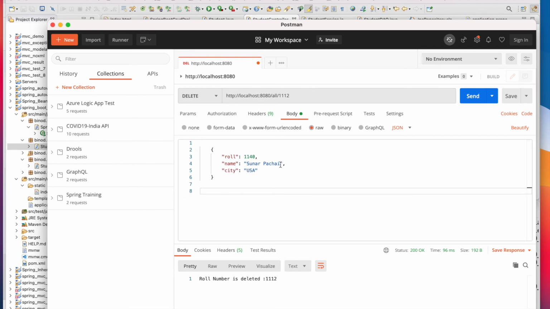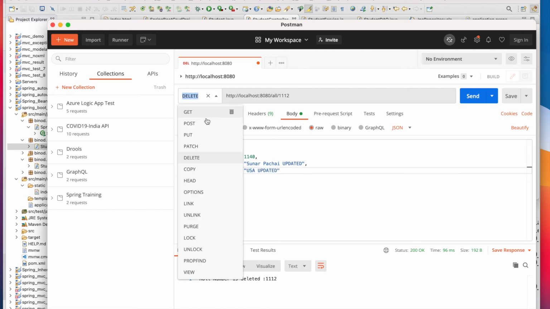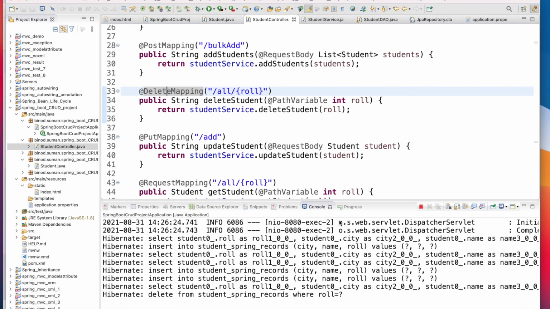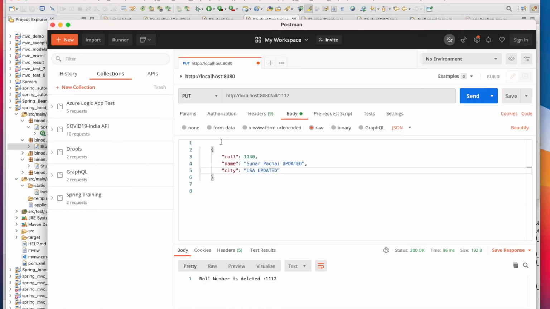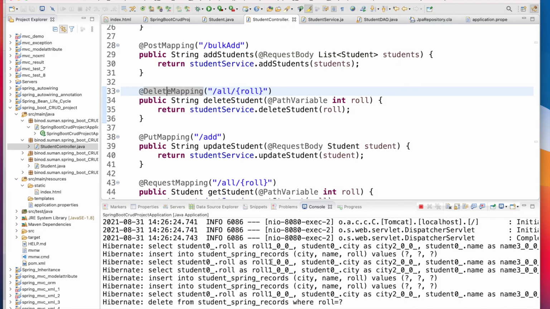I will change this name to something updated, choose the put method, and with the put method add only this. Now 1140 should be updated. Okay, it didn't update, it is giving some error. So now go and check if there is any error.